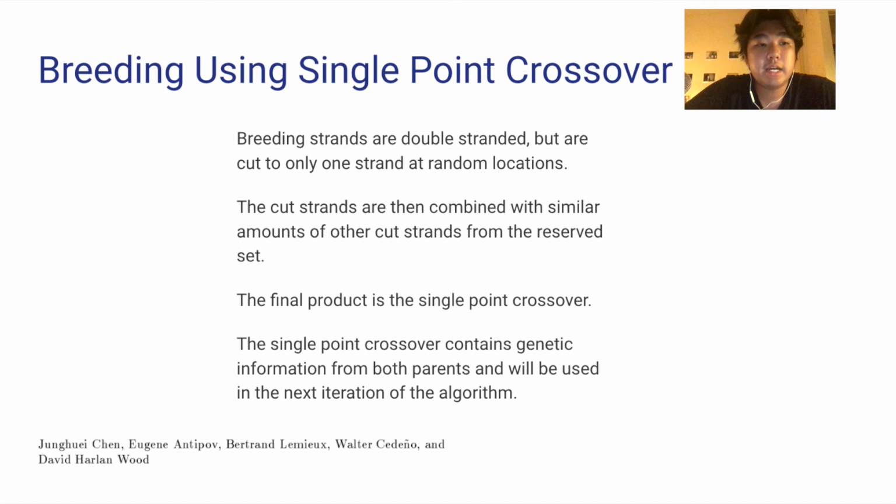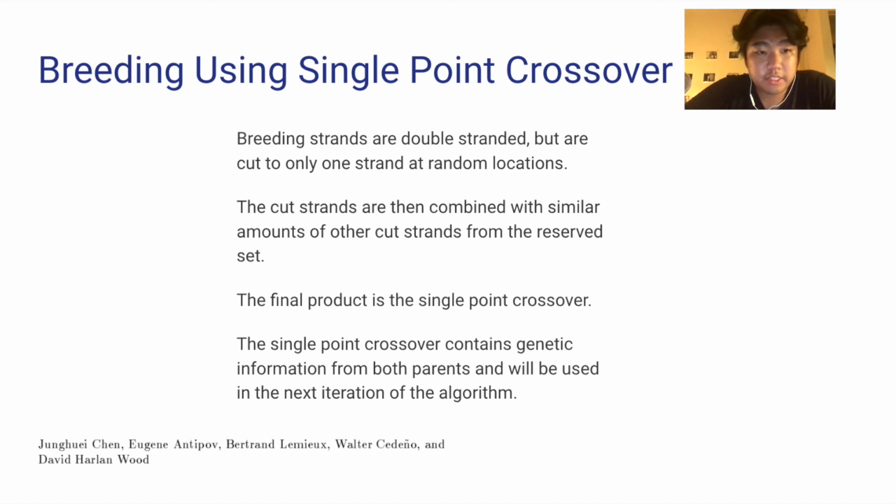The breeding process is done using single point crossover. Breeding strands are double stranded, similar to DNA, but are cut to only one strand at random locations. So say you have a sequence of 2 strands. At random locations, we're going to make it 1 strand. We're going to cut out pieces of the double strand and get 1 from each. So we're going to do this